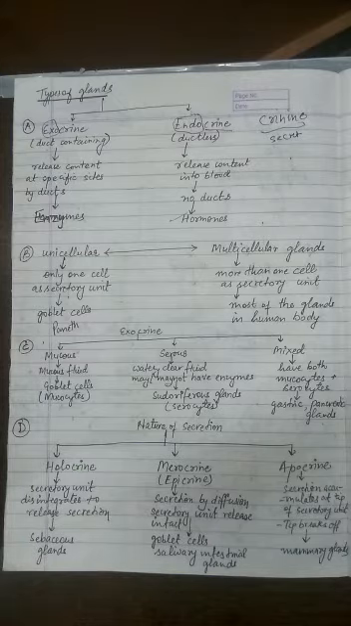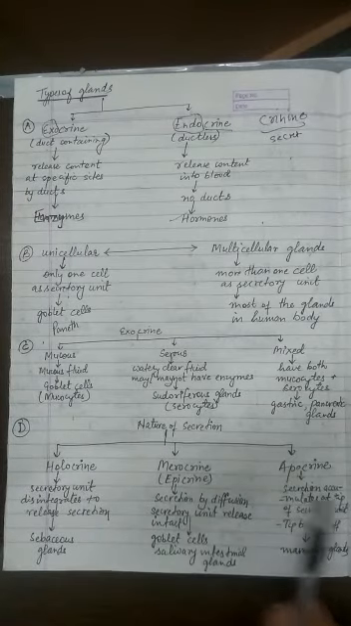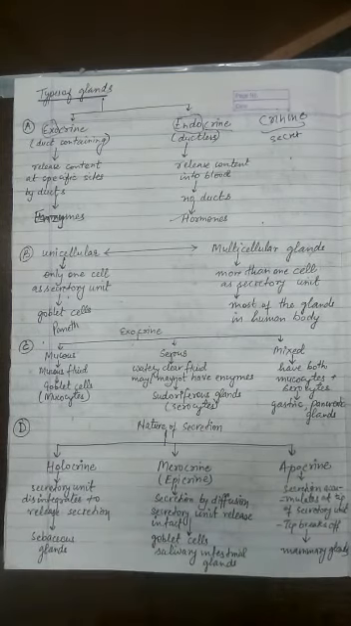Now the next is according to the method of secretion or nature of secretion. So how secretion is done. Glands can be holocrine, merocrine and apocrine. Let's quickly understand this also. A gland which has its secretory unit undergoing disintegration to release its content. So holo means complete,